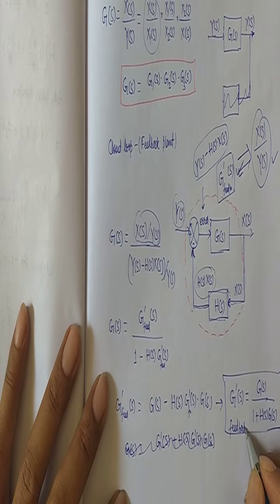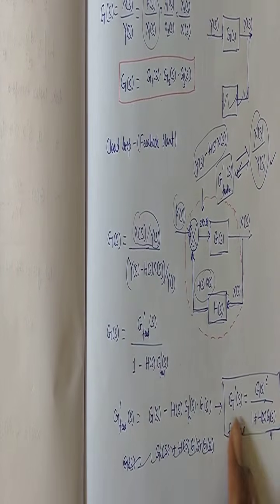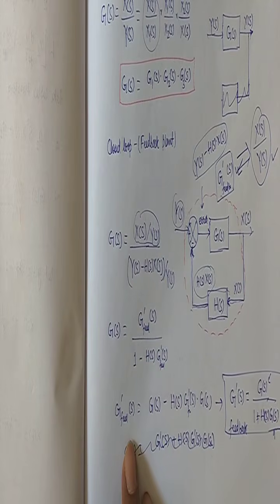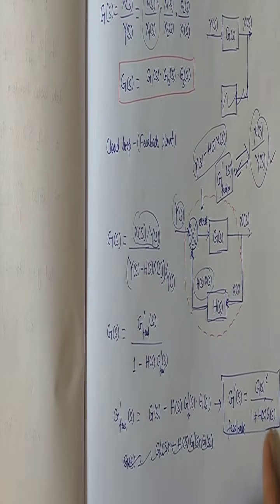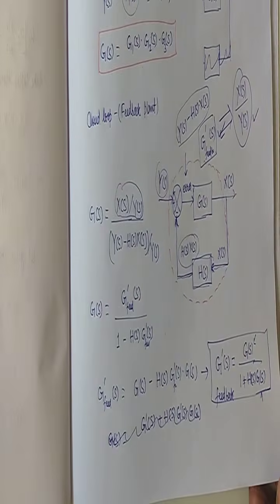So this is your feedback transfer function: the open loop transfer function divided by the open loop with the feedback multiplied, plus 1. Yes, we can get it from here. Okay, let's now talk slightly about